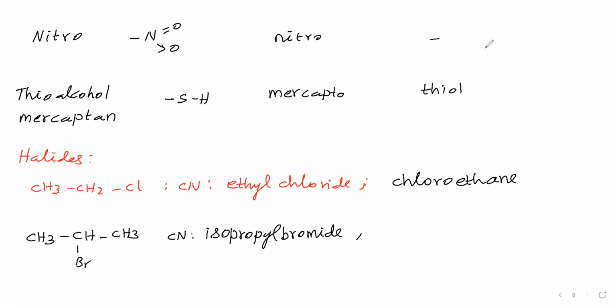Now we will see the IUPAC name. First we have to say the name of Br, which is bromo. Then we see the parent chain. The parent chain contains 3 carbon atoms, so the root word is prop. Then the carbon-carbon single bond gives the primary suffix. Now we have to say the position of the bromine, so we give numbering in the parent chain: number 1, number 2, number 3. The bromine is attached to the second carbon, therefore we say 2-bromo. This is 2-bromopropane, the name of this compound.